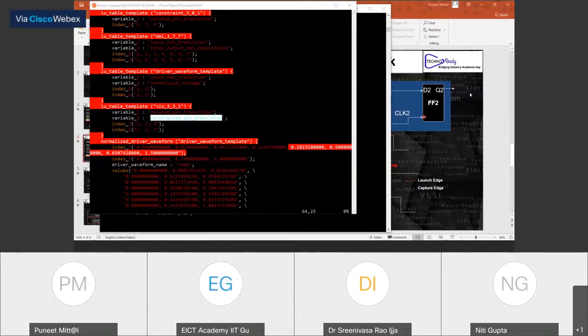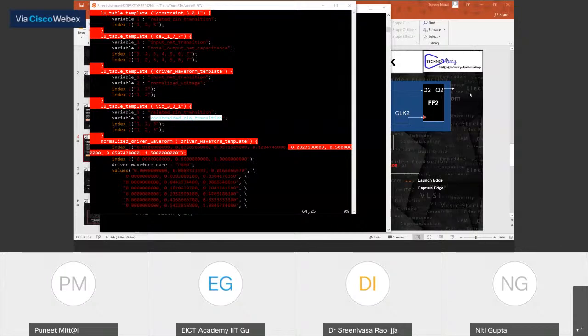Okay, so Kumar Bhargi asks, sir, is it possible that both setup and hold are violated at the same time? First of all, the answer is yes, it is possible. But practically, if it is happening, that means there is a problem in your library. So think in this way: if the setup and hold are violating, maybe your clock frequency...